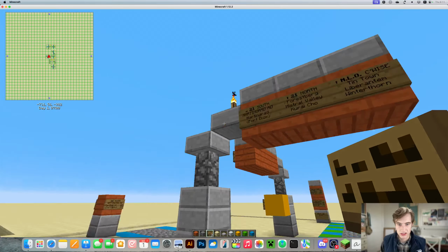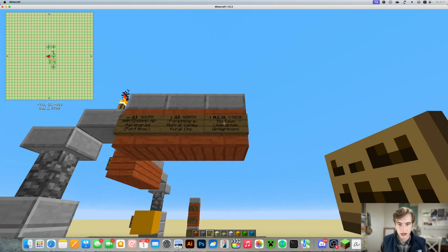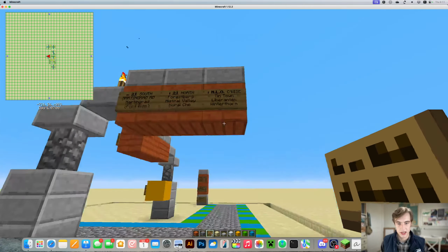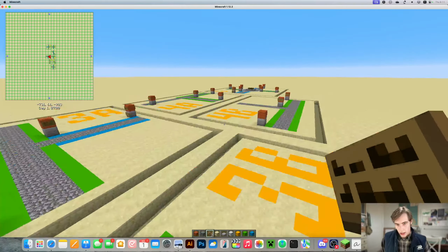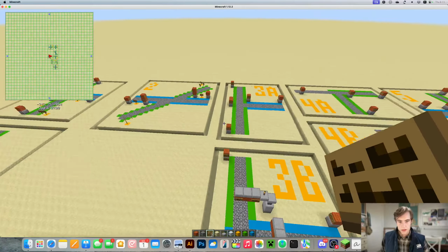Again, you've got 21 south to the left, 21 north to the right, and this is where our overlap is, Nexus Loop Outer to the north as well. Oh, yeah, and straight ahead. Okay, so that is all of the,